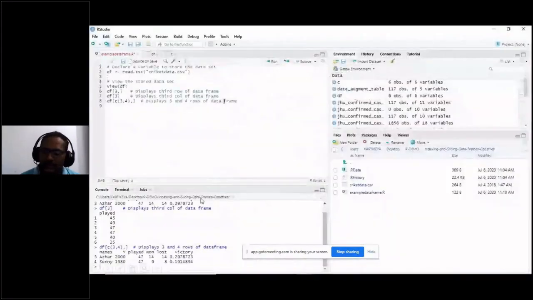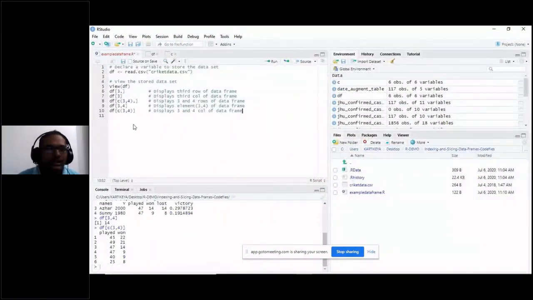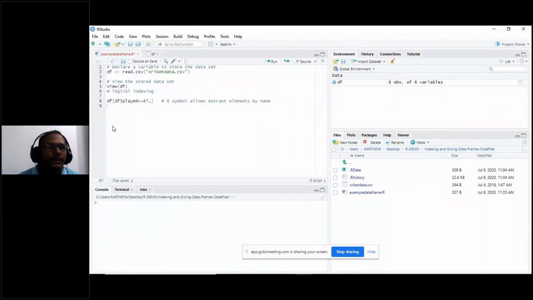Right. Next. Now, if I want to filter, I want only some rows to be displayed, rows consisting of a particular value. Then what is the command I have to use?